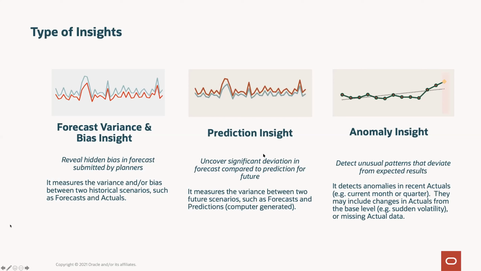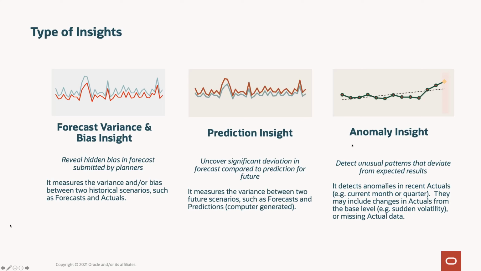The second insight type is more of a forward-looking insight, and this is where we really are building our insight engine to work with our prediction engine. So you can look at your manual forecast and compare it to a machine-based prediction, and the insight engine will find the variances between those two. So you can have that objective discussion with your forecasters around, hey, machine says this, the forecast says that, why are you so far off from the prediction?